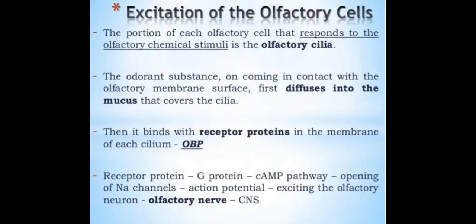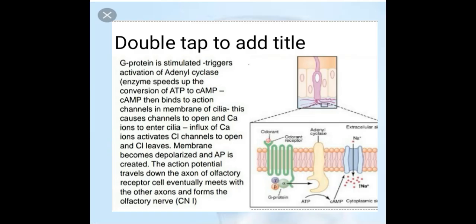Excitation of the olfactory cells: the portion of each olfactory cell that responds to the olfactory chemical stimuli is the olfactory cilia. The odorant substance, on coming in contact with the olfactory membrane surface, first diffuses into the mucus that covers the cilia. Then it binds with the receptor proteins in the membrane of each cilium, or OBP. Then receptor protein, G protein, cAMP pathway, opening of sodium channels, action potential exciting the olfactory neuron and olfactory nerve to the CNS. Then the G protein is stimulated, which triggers activation of the adenylyl cyclase enzyme, which speeds up the conversion of ATP to